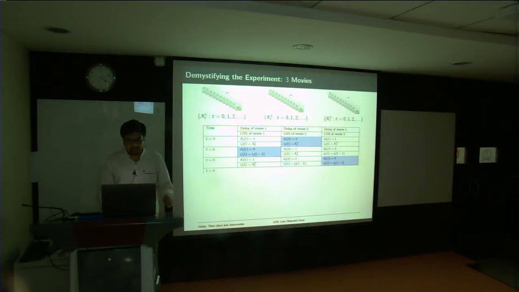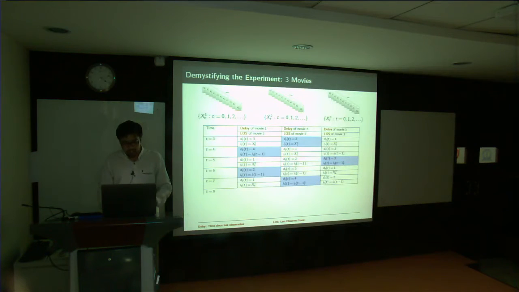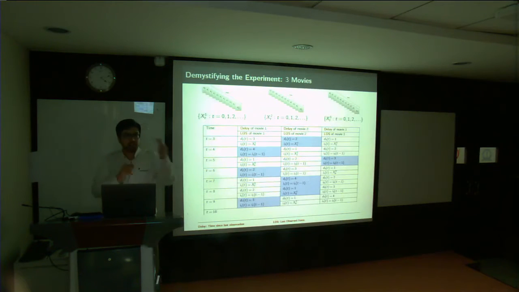So there is a certain pattern that you see here. Exactly one of the delays, the d of t, is going to be 1. That indicates which one you observed in the immediately previous time instant. And all the other delays keep getting updated accordingly. Let's say you choose to observe movie 1 at time 6, its delay is going to get updated. You observe movie 2 at time 7, you observe movie 2 at time 8, you observe movie 1 at time 9. You keep shifting between various movie locations, and you just update these parameters accordingly.